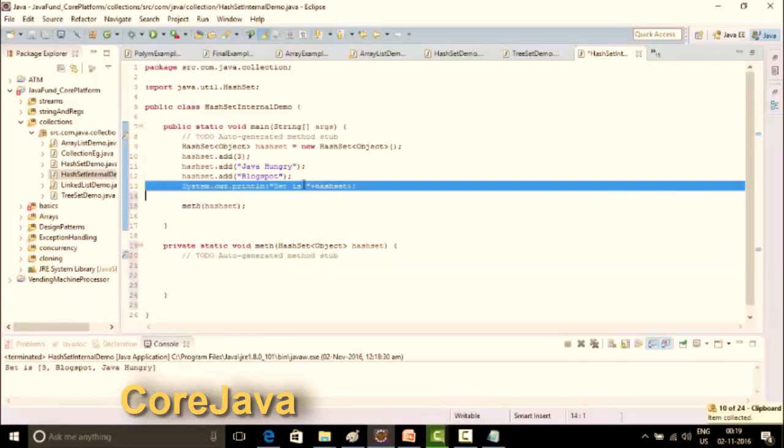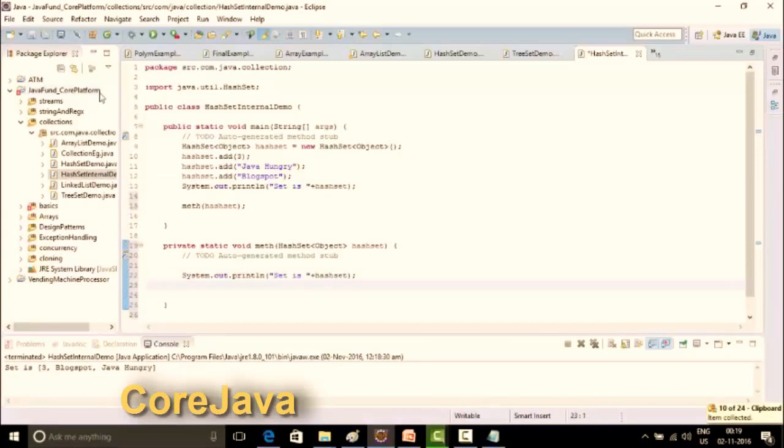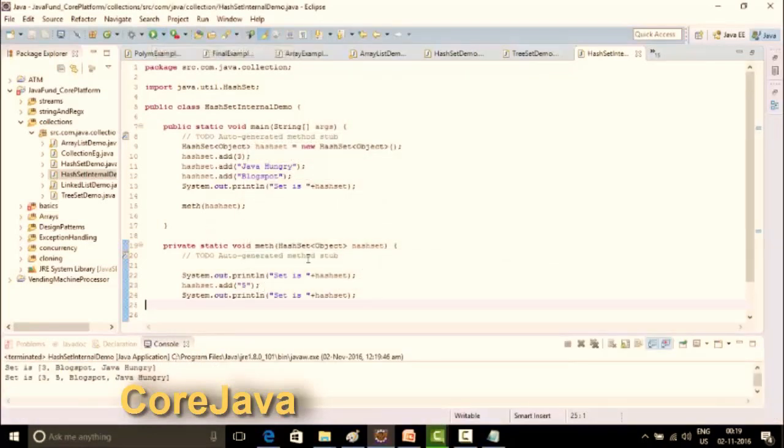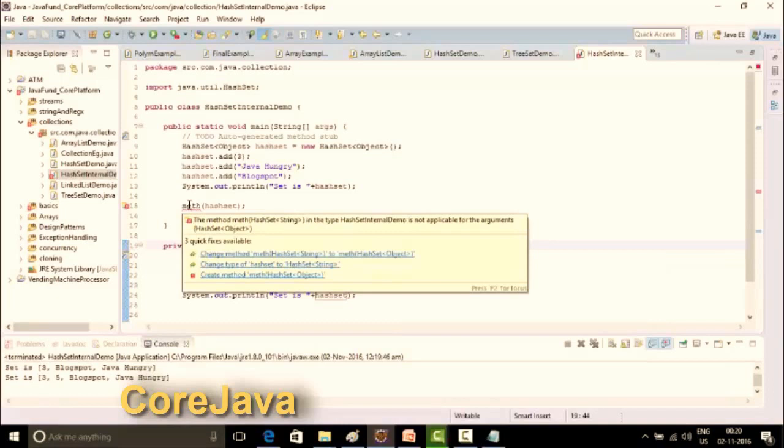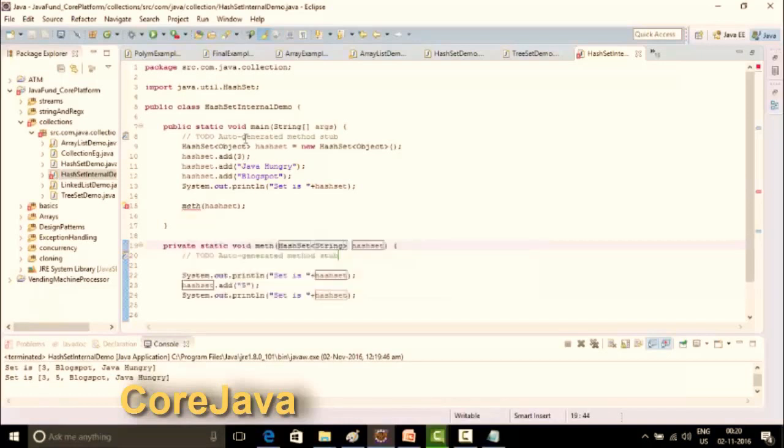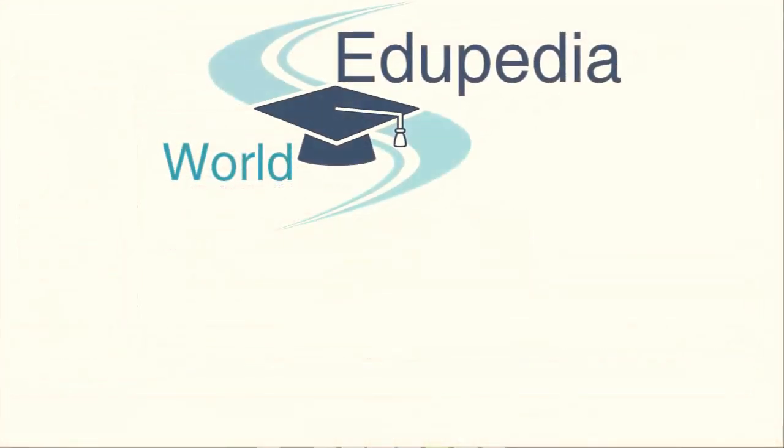I'm again just trying to first print it. If I print it, you see there should not be a problem. But now let me try to do something more with it. You see again I'm just adding an object and printing it, so it has added that object. Now what if instead of that I change it to String? Over here you can see as soon as I change it to String, it's giving me a compile time error which says change the HashSet type to String. Because we have created our HashSet of Object, and in the method we are passing it a String. So this is a benefit of generics, that it won't allow it.